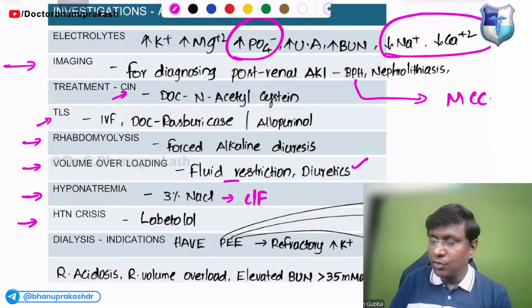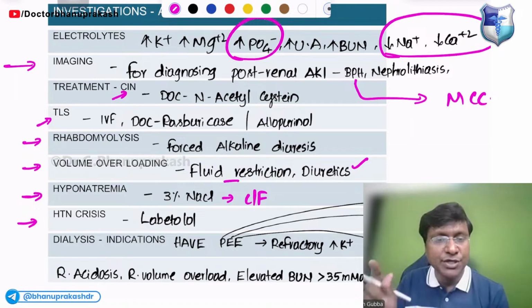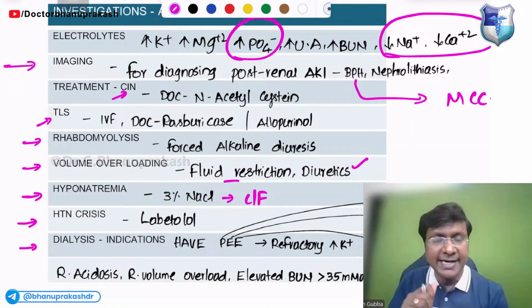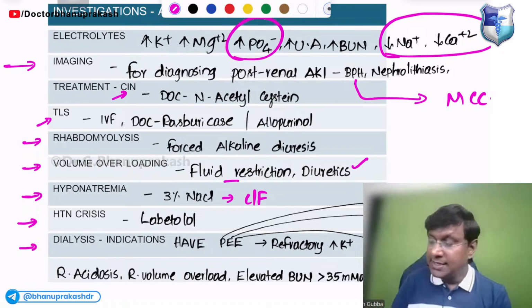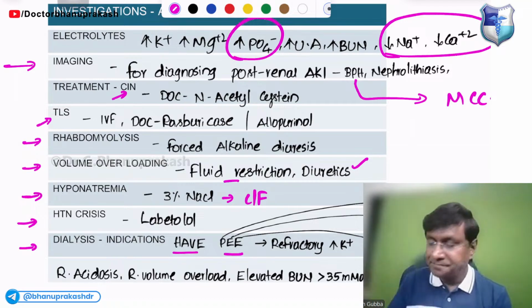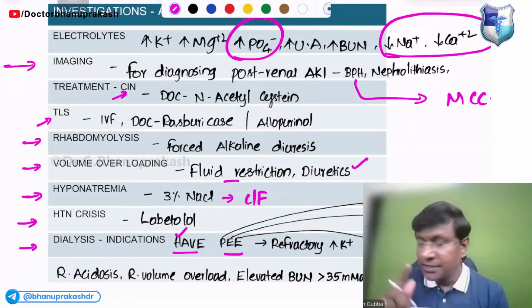And because of the fluid overload, they can develop hypertension, for which you need to give labetalol. Usually, medical management will suffice, but there are some indications where you need to do dialysis in patients with acute kidney injury. And you can remember the mnemonic for the requirement of dialysis, that is HAVE PEE, where H stands for